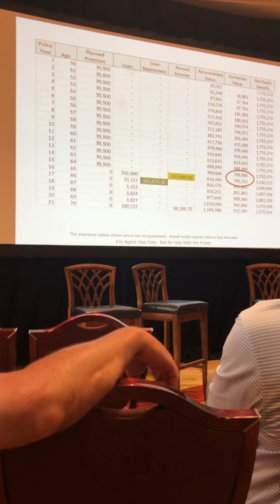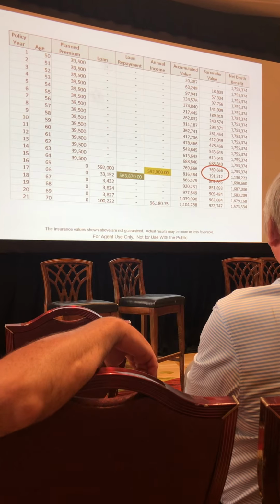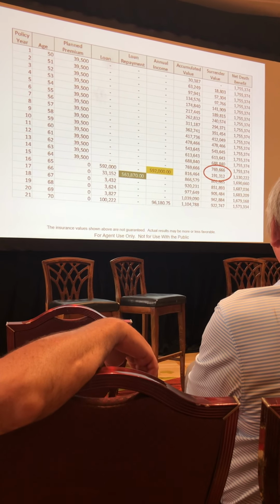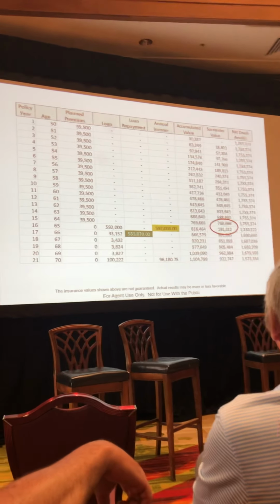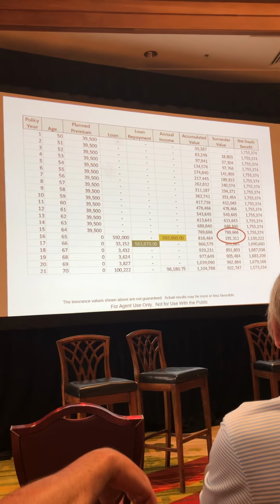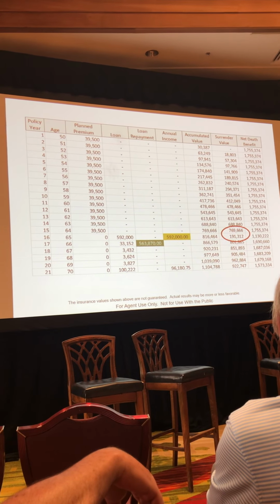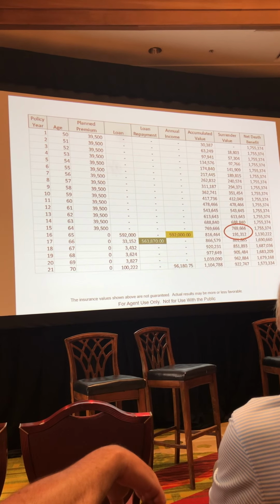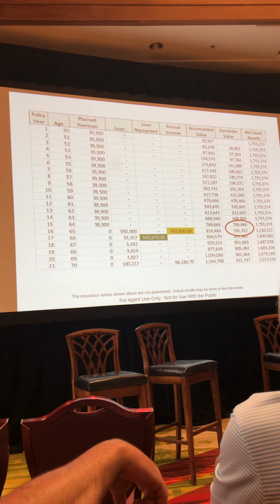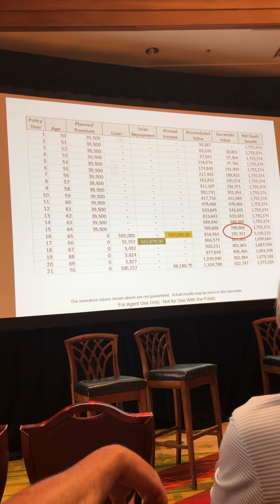The reality is most people don't take it out and put it back, they just never take it out. They forgive the loan. They say, all right, we've gotten to the end of the deal. I owe my business $500-and-some thousand. I'm going to forgive repayment. When you do that, it's taxable income just the same way you got here. That way you don't have to do money in, money out of the policy. You're going to end up in the same tax